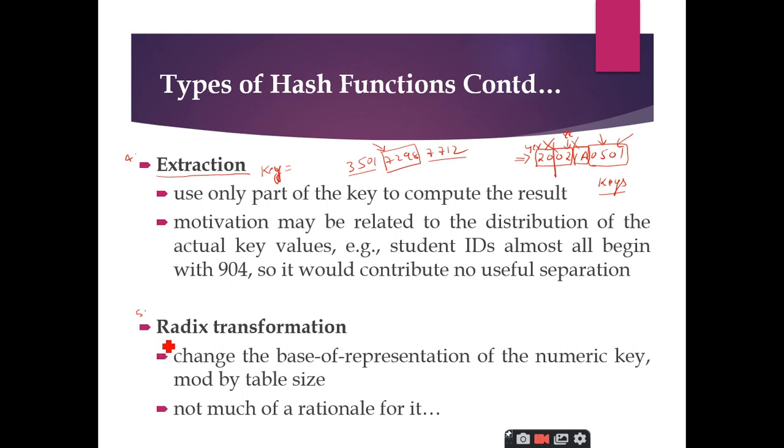And the last one, which is very rarely used as a hash function, is the radix transformation, where you transform the base of the value which you are going to store. For example, if you are given a decimal number, you will be converting it into some other format and then you apply the same modular division by size. What is this size here? It is nothing but the table size, right? This is very important. When we perform this mod operation, we have one more advantage that I will tell you when we come across this topic in the coming slides, right?